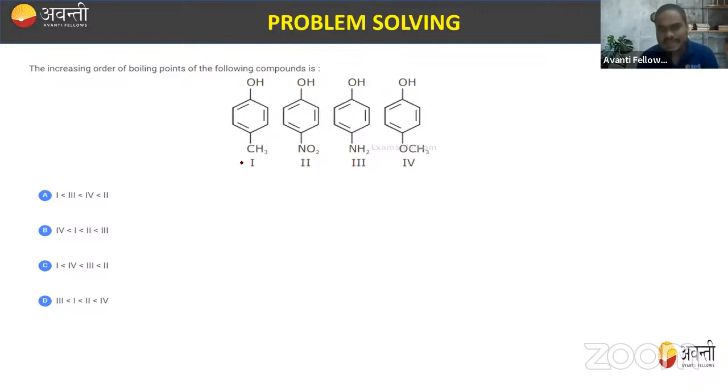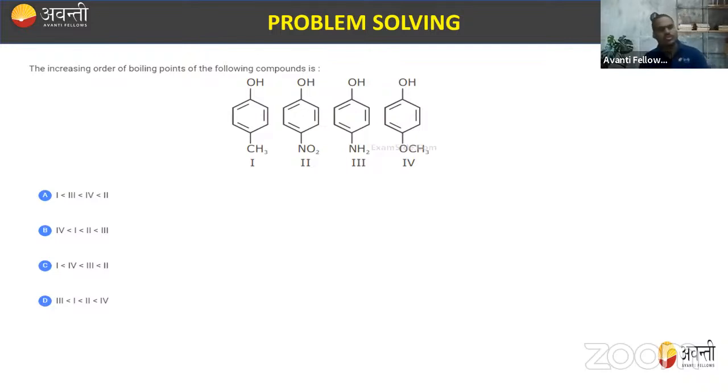phenol as a common part, and different groups are attached. For example, in the first case, a CH3 group is attached, as in toluene. In the second case, an NO2 group is attached. In the third case, an NH2 group, and in the fourth case, OCH3, that is anisole. So out of these, you have to identify कि भाई किसका बॉइलिंग पॉइंट सबसे ज्यादा होने वाला